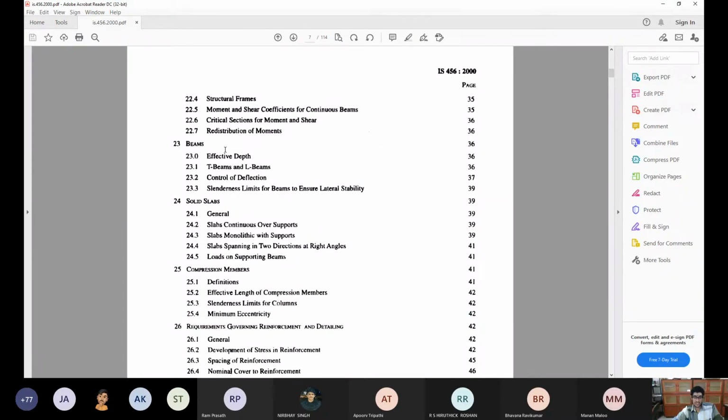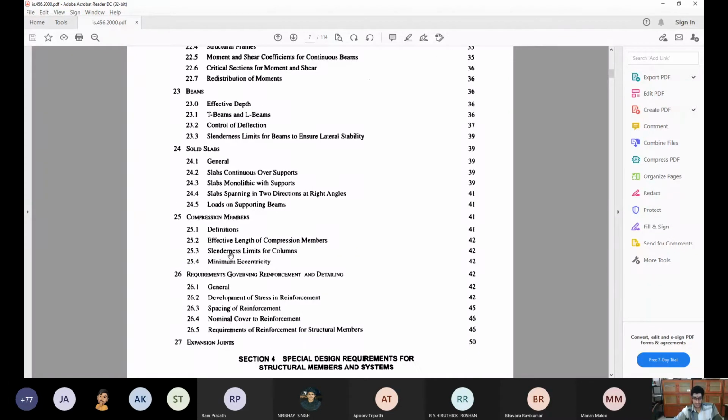Then proper dimensioning and proportioning of beams, and similarly for slabs. For compression members, how do you decide what kind of compression member it is? Based on your mechanics of solids, if you have a column, in what ways can a column fail? Compression and buckling. It can either fail entirely because of the compression itself, or the compression can cause buckling.